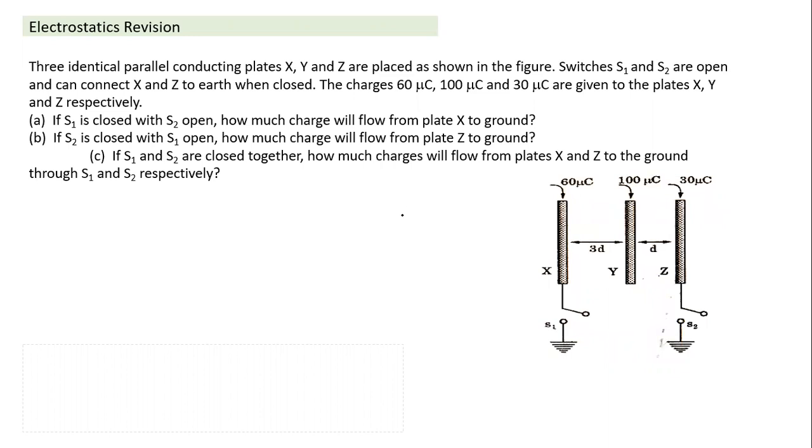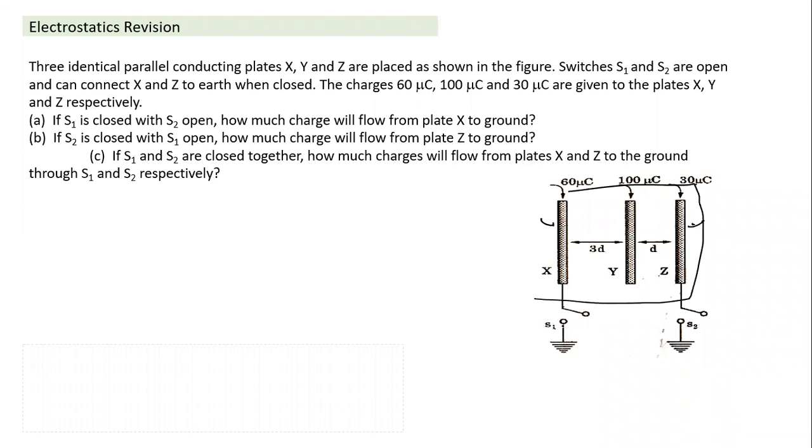Another one like this, and this is also pretty simple. Whenever any of the plates is grounded, net charge becomes zero. So this question can also be solved, but we don't have enough time to go through this. Try and solve this question as well. If it is not grounded, the key point is how the charge distribution takes place. Net charge is 160 plus 30, which is 190 microcoulomb. Half of the net charge will come on the two outermost surfaces, and then we can distribute charges.